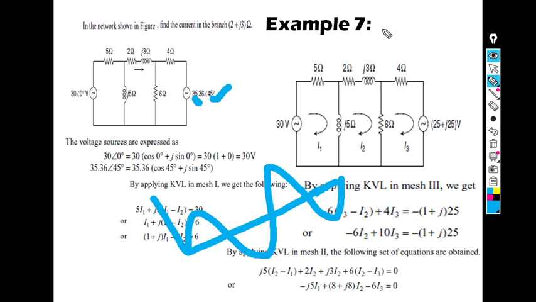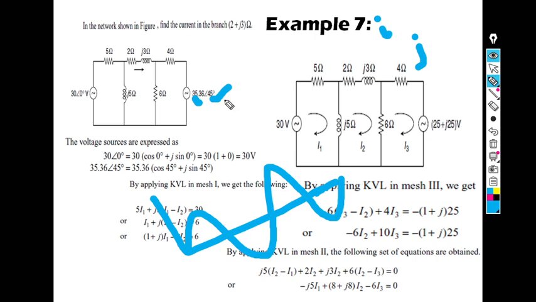You have already learned complex theory in your HS mathematics, that we can write 5 plus i5. Now we will not use i. Small i will be used in electrical engineering as an instantaneous current. So we cannot use i as a complex value. We will write J instead of i. You have to remember this. Always write J notation to represent the complex value. So I am taking here 25 plus J25.